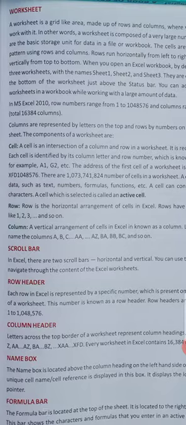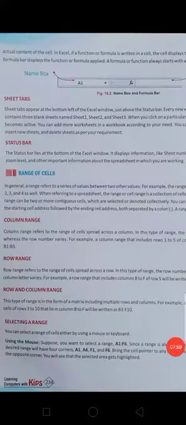Formula bar, whenever we type any formula it will show in the formula bar. Sheet tab, I already told you, it will show which sheet is going on. Sheet 1, sheet 2, sheet 3. Status bar shows sheet numbers, page numbers, how many cells are selected, and other information.